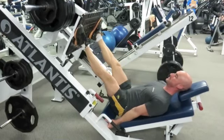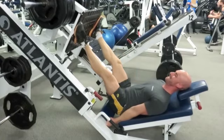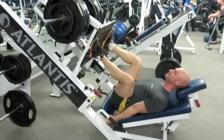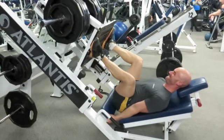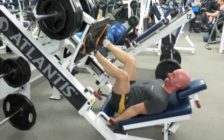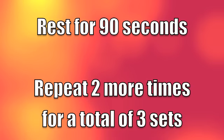In the bottom position, before you lift up, I want you to focus on squeezing the heels in together, and as you're pushing up, driving those knees in together. That's going to create just a fantastic contraction in the inner thighs and the hamstrings and help you get the most out of this exercise. Rest for 90 seconds, repeat 2 more times for a total of 3 sets, and then it's time to move on